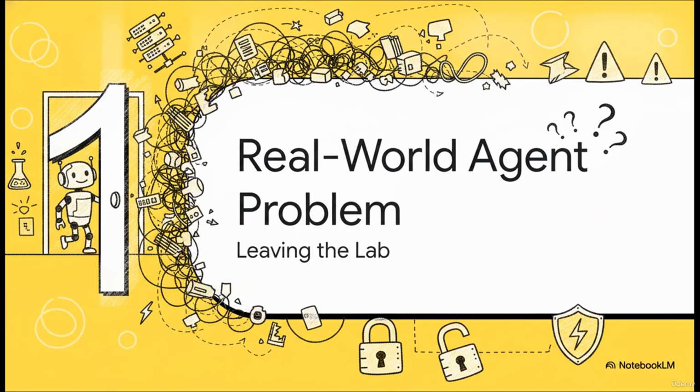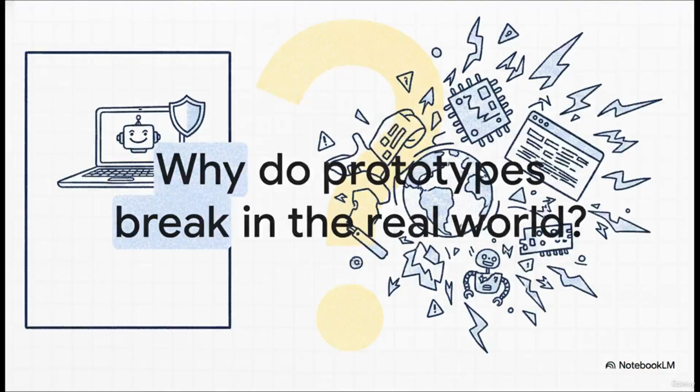Part 1, the real-world agent problem. So I have to ask you a direct question right off the bat. Why exactly do these prototypes break when they leave the lab? I mean, why does an AI agent that works flawlessly on your local laptop suddenly completely fall apart the second you unleash it on the live web? Well, it really comes down to the massive gap between a clean, perfectly controlled testing environment and the absolute chaos